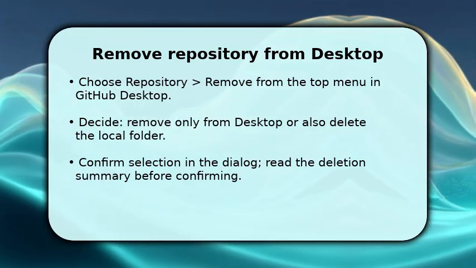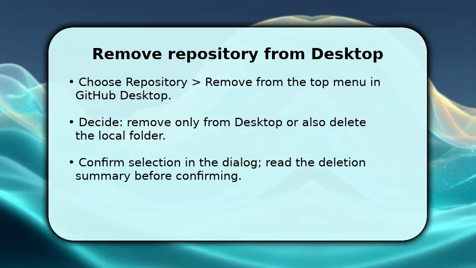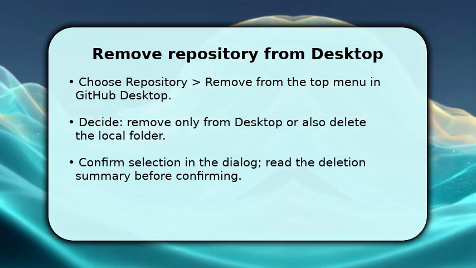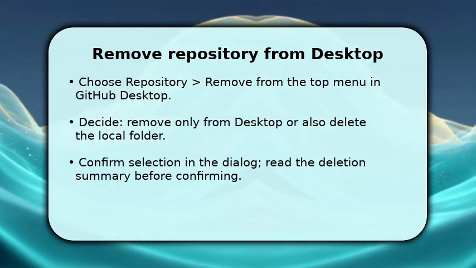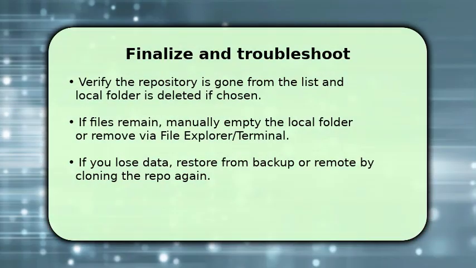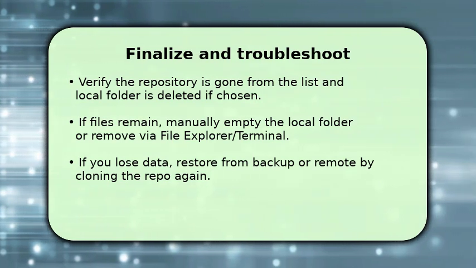Confirm the action to remove the repository from GitHub Desktop. This step unclutters your app and, if chosen, deletes local files, so double-check before confirming. After confirming removal, check that the repository no longer appears in GitHub Desktop and that the local folder is gone